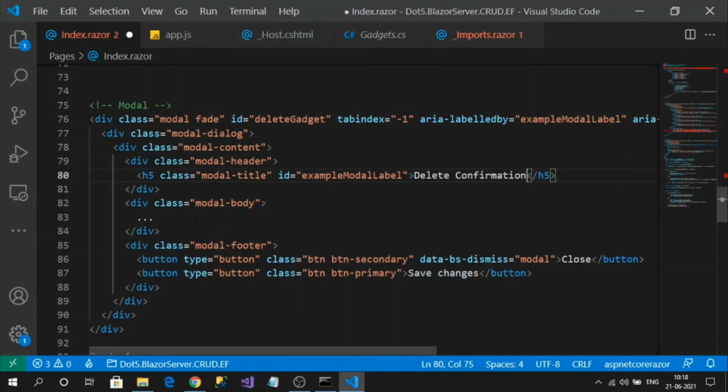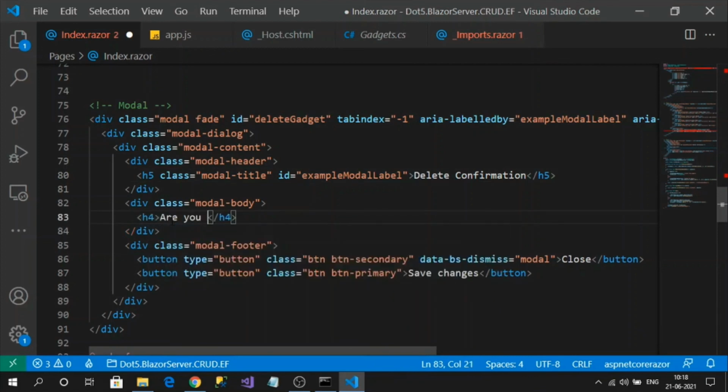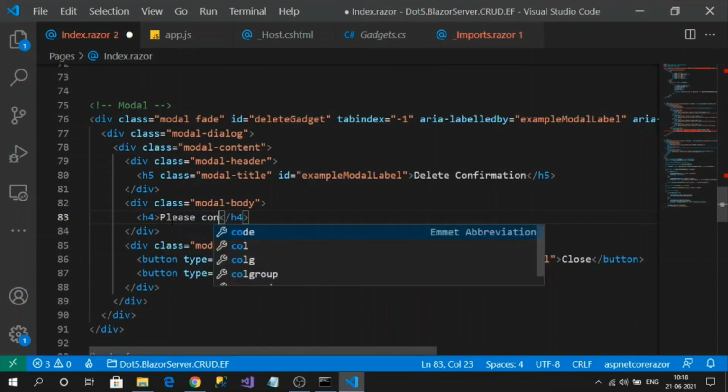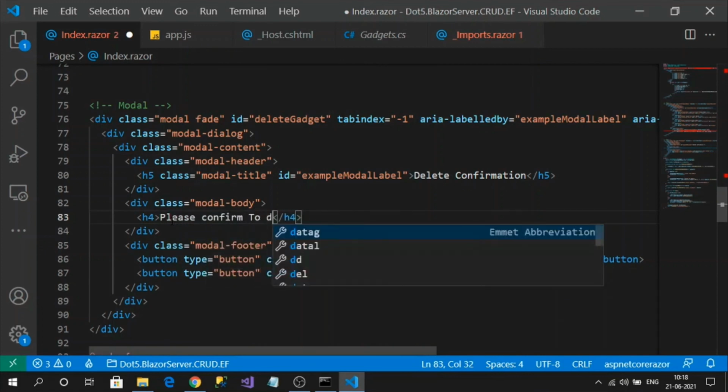Confirmation, and inside the body let me add some h4 tag: please confirm to delete.